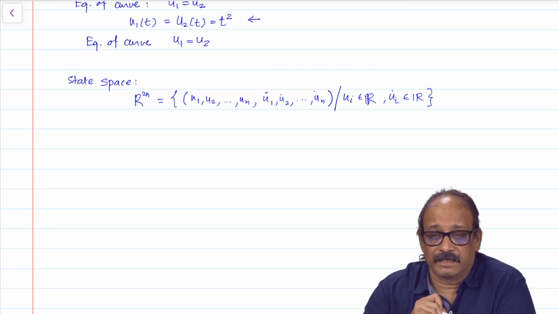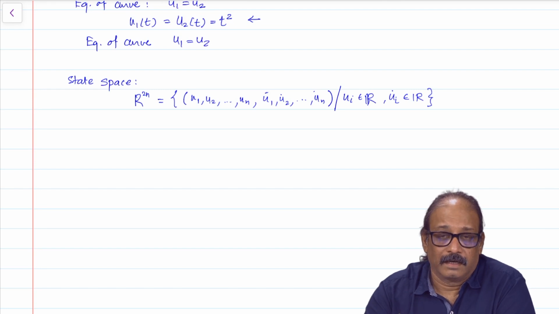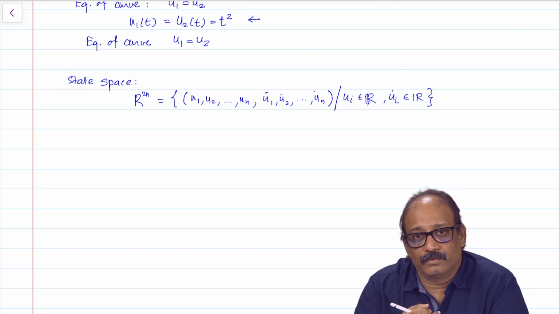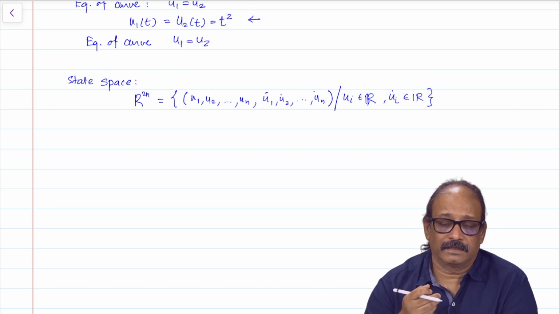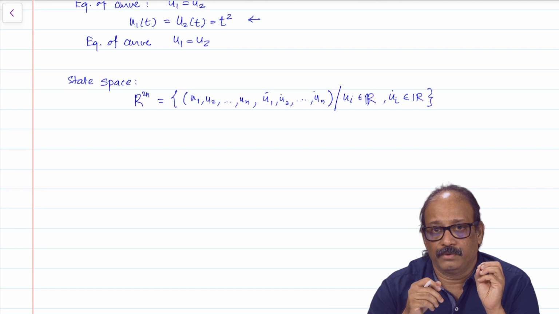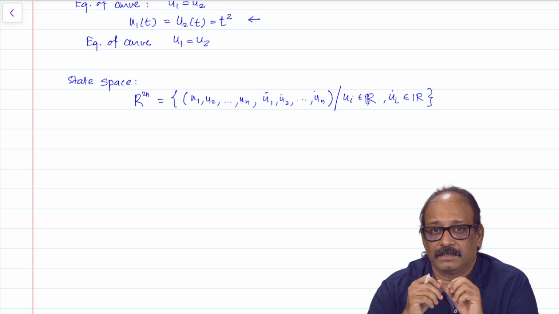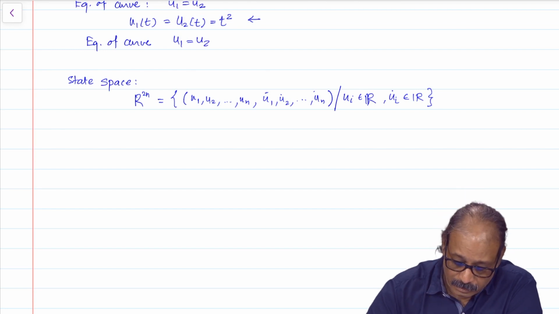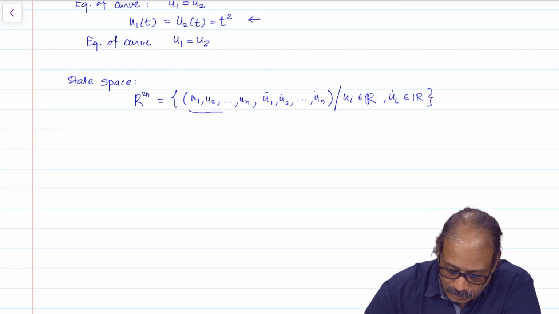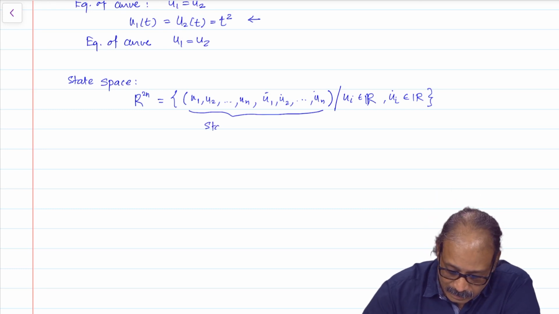Different curves in state space mean different motions, because now the time element is already built into the state, and we already knew that the Newtonian equations were second order differential equations, and that means if I give you the position and the velocity of each one of these particles, the trajectory is predetermined according to Newton's laws. So, now here these 2n coordinates, which include positions and velocities, are actually called the state of the system.